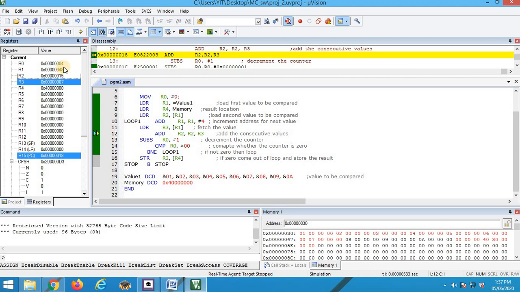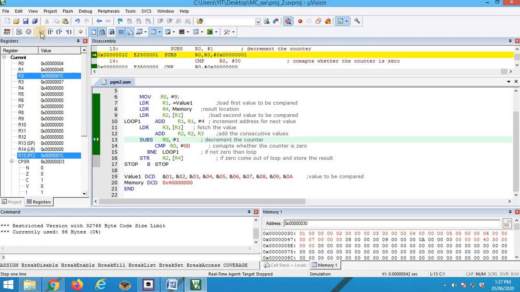What is 28 in hexadecimal? It is 1 C. 28, 16 once, what is the remainder? 12. 12 is nothing but C. So 1 C.